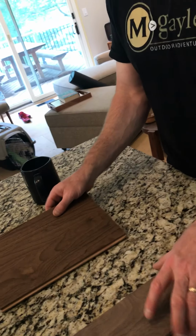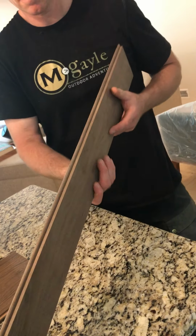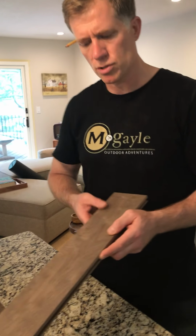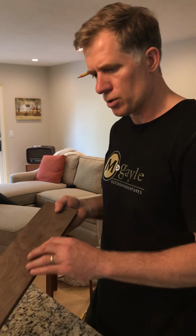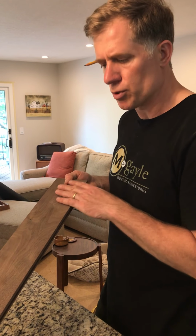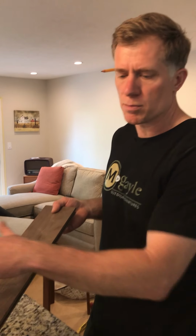And then the other option is site-sand, where you actually get raw wood that's cut and made with tongue and groove, so obviously it can be installed. And this is a 4-inch plank. The wider you go, typically the more expensive it is. They're both walnut. This is a select grade with a much more even color, so there's not going to be as much variation. Some people want that variation, and select is a little more expensive than, let's say, common